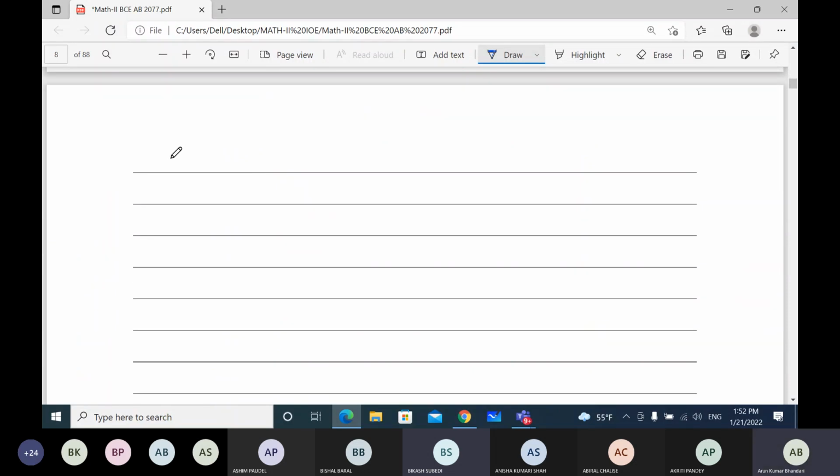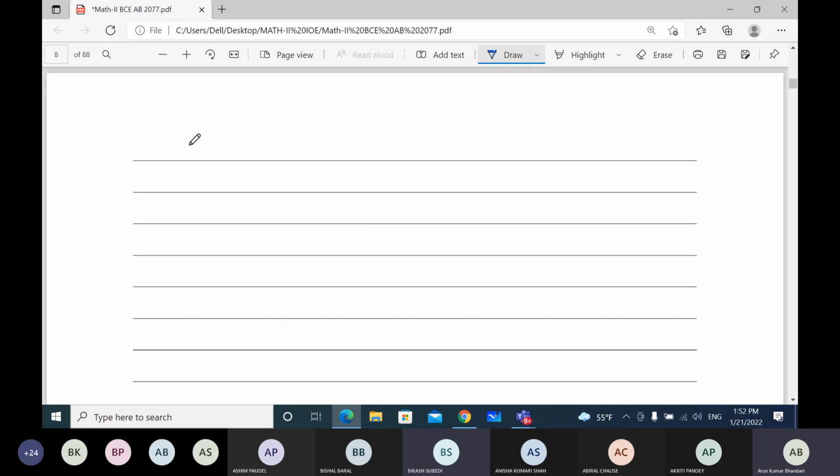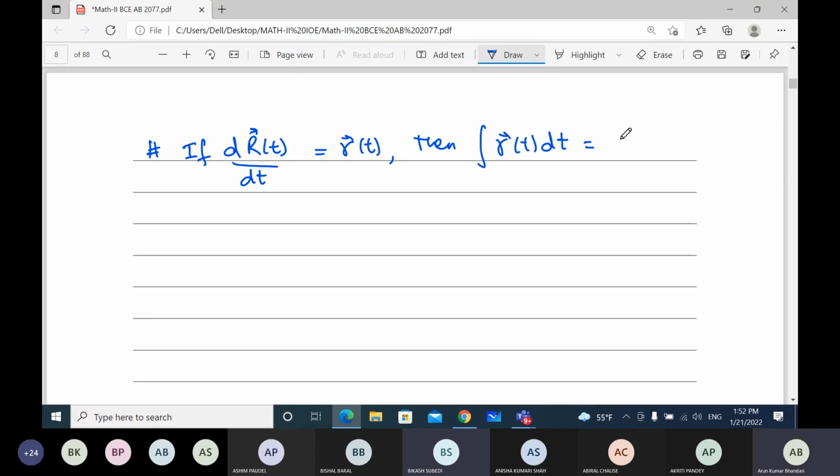If the derivative of R(t) vector with respect to t is equal to small r(t) dt, then the integration of r(t) dt is equal to capital R(t) plus some constant vector C. Next, if r(t) is equal to x(t)i plus y(t)j plus z(t)k, then